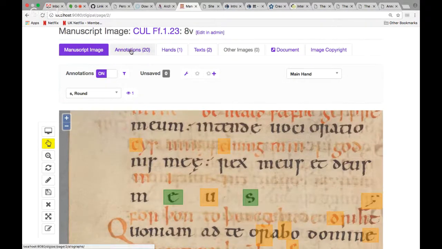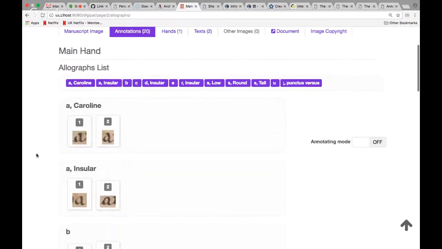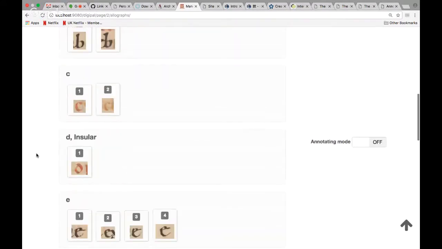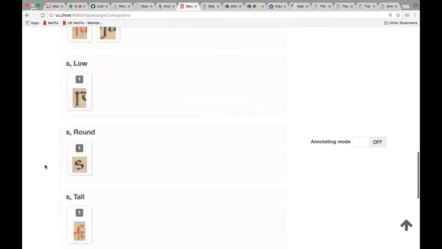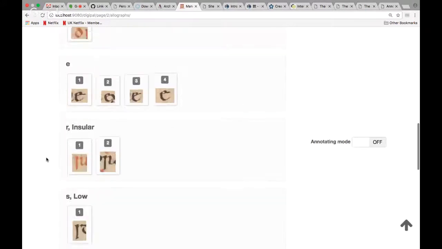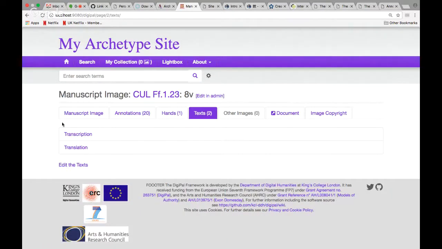Now these annotations we can look at separately, character by character, once we've done them, to compare them, which is the really useful bit. So you have more or less the same kind of A, but not exactly the same one. One is annotated. You can also include punctuation, or, as I said in the beginning, decoration. In this manuscript, we have only 1 hand, and if we want to look at the texts, we go to the text editing bit of Archetype,